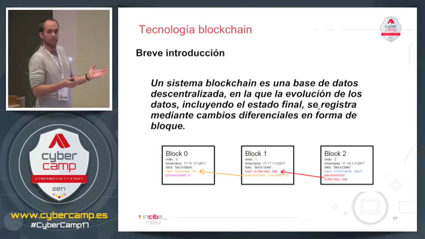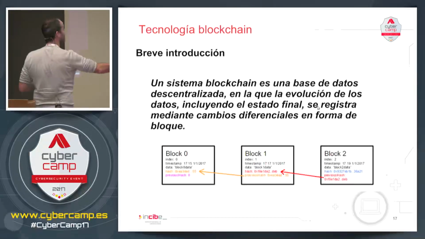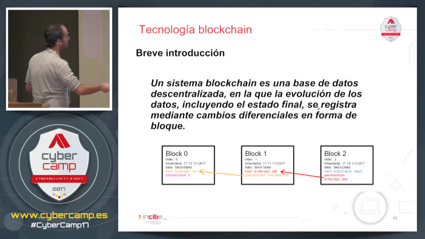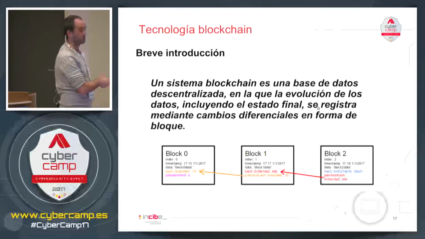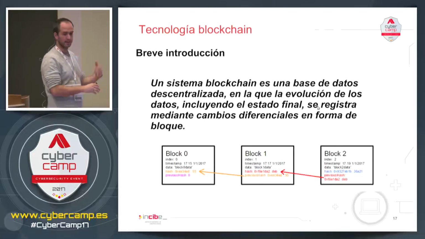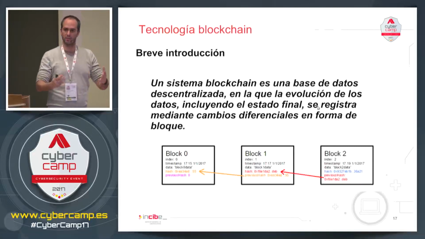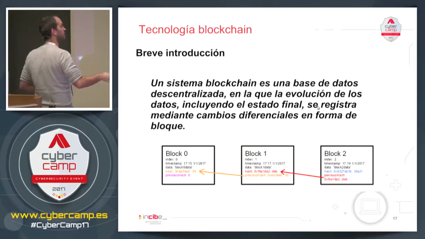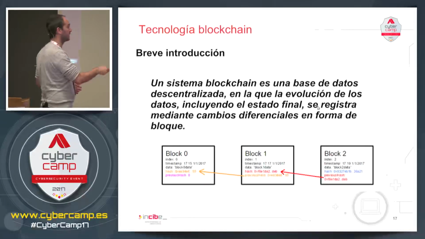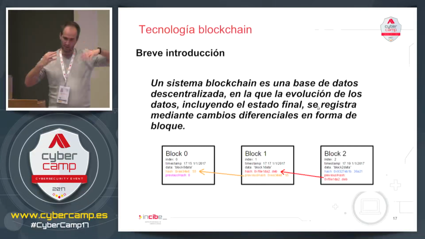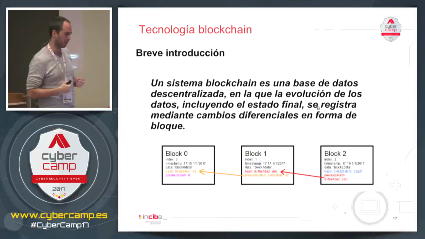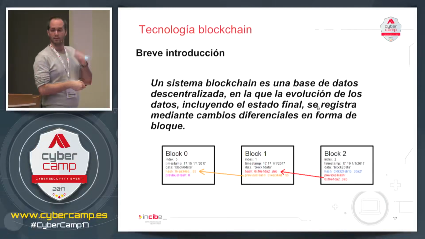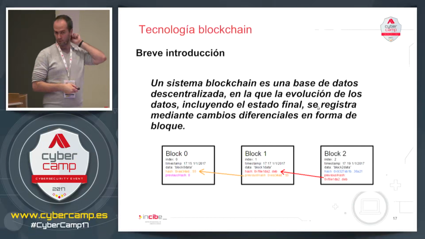The blockchain technology, why this name? Because it's got this structure of blocks. Imagine that we have a blockchain with 3 blocks. We've just generated block 2. Block 0 is a genesis block. It establishes the initial status of the network, and block 2 is the last one. It has a hash pointer to block 1, and block 1 has a hash pointer to block 0. It's a hash pointer, a cryptographic hash.